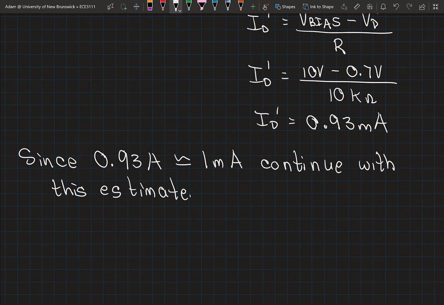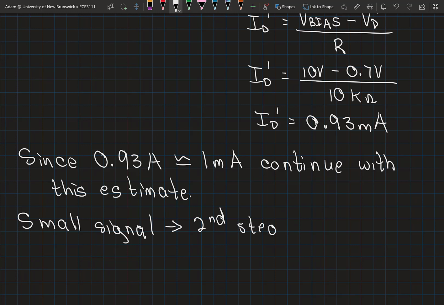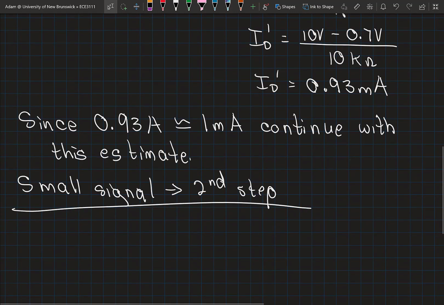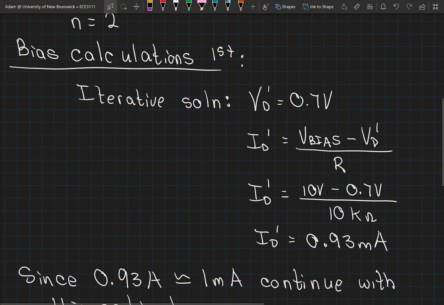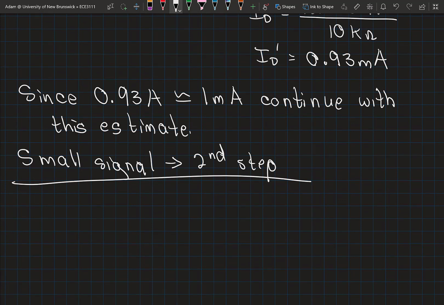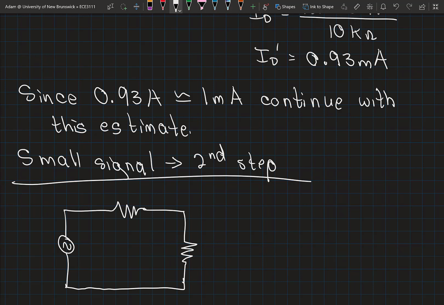Okay, so now I'm going to jump immediately to my small signal analysis, which is my second step. Bias calculation was my first step, and this is my second step. In my second step, I'm going to ignore the bias component, and my circuit becomes very simple, right? My diode, which is forward biased, I can just represent with the small signal resistance. It's in series with my 10 kilo ohm current limiting resistor